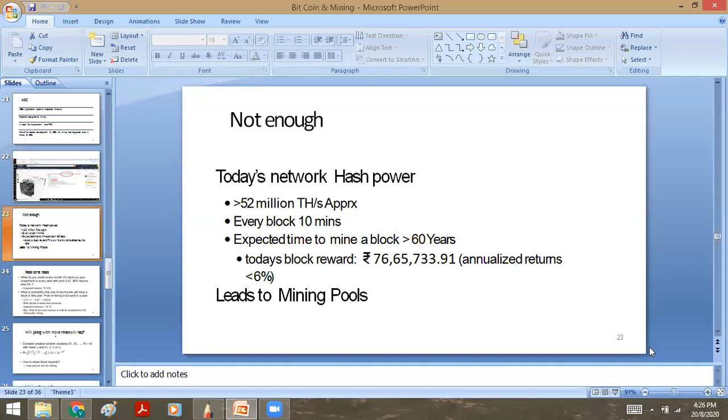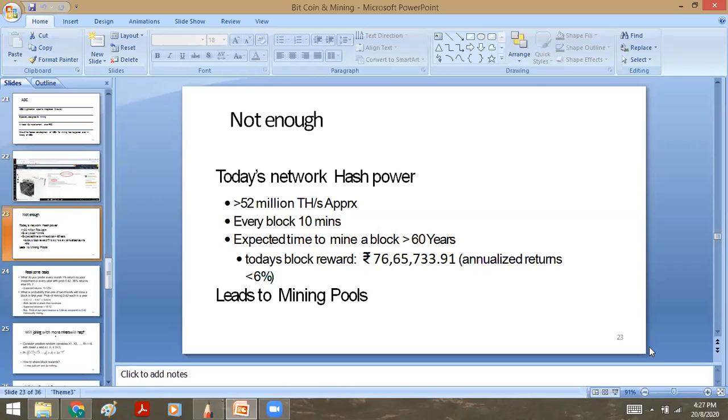So it's all randomization, it's all luck, and that is what true decentralization is all about. No one knows who will solve the puzzle next. Today, I calculated this a long time back, for the node, for the investment you put in, for the power, if you put in all of it, then at least in a year, if you get the opportunity to solve the puzzle at least once, you will get 6%